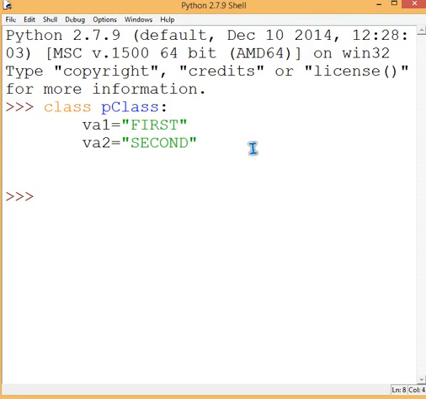So let's make a child class, say C. This is the important aspect: we just have to give the name of the parent class in round brackets, and that will be considered the parent class, and this will be the child class.